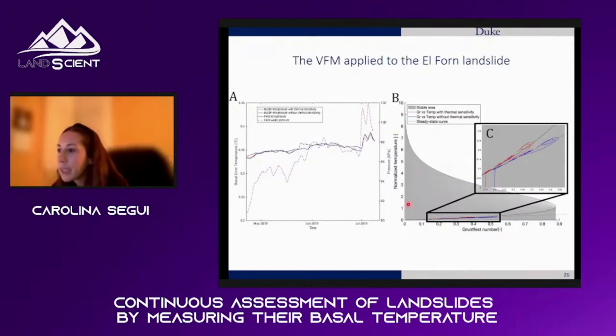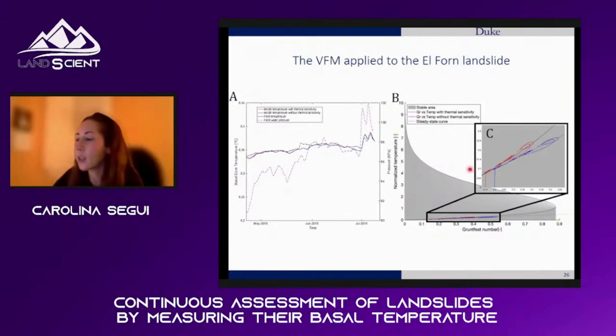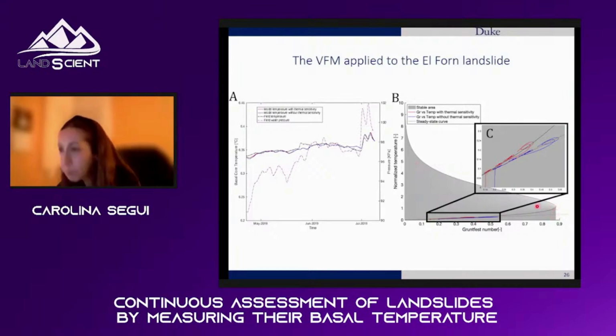And finally, the goal is to plot everything in our phase space to see where we are: if we are close to the tertiary creep, so outside this gray area, or if we are in a safe space, meaning that we are far from the gray area, in the white area. So here, what we did is